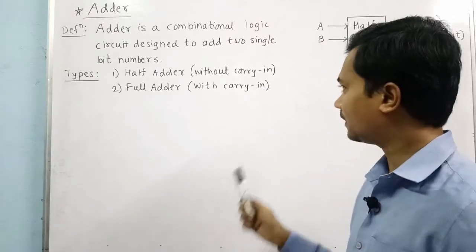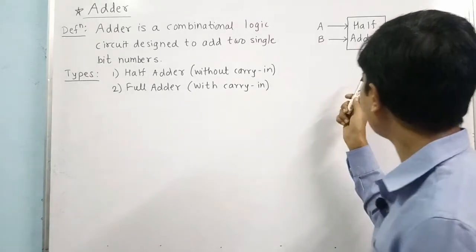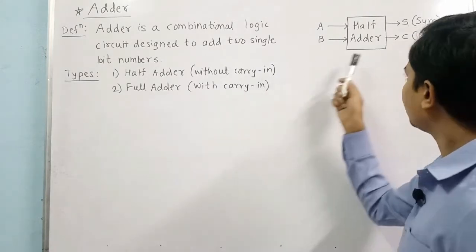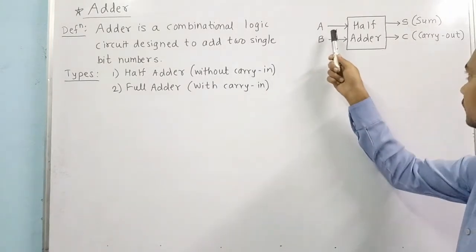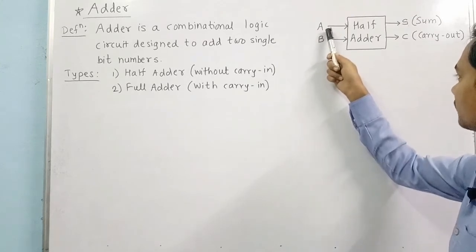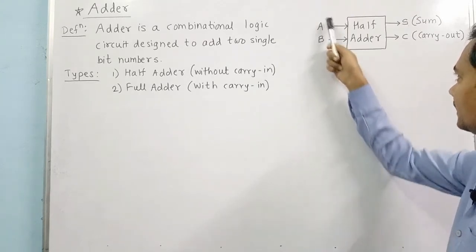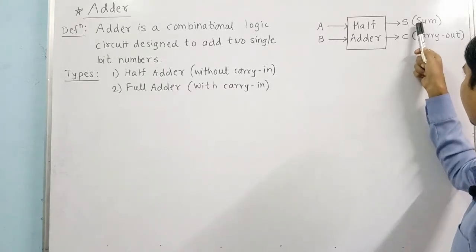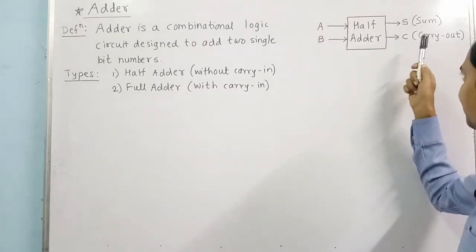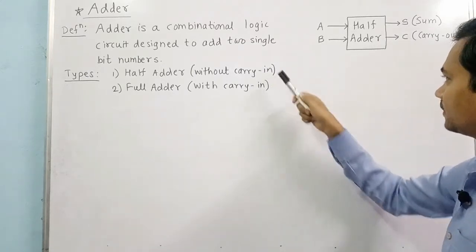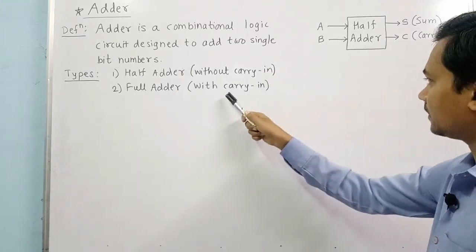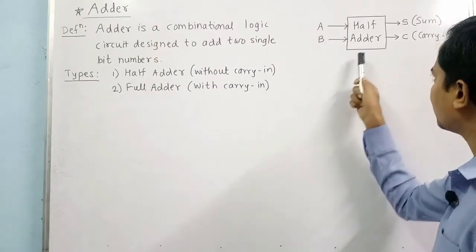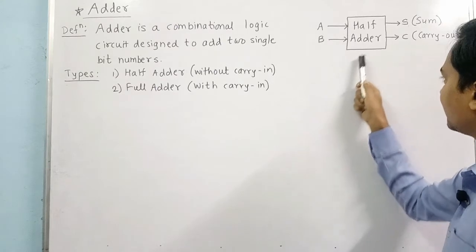Okay, so let us see the block diagram of the half adder first. In this block diagram only 2 inputs are available, called A and B. You can take any names here, and the outputs are sum and carry. So the sum and carry are the 2 outputs. These are fixed outputs in both types, but in the full adder the third input is also available, that is, the carry in.